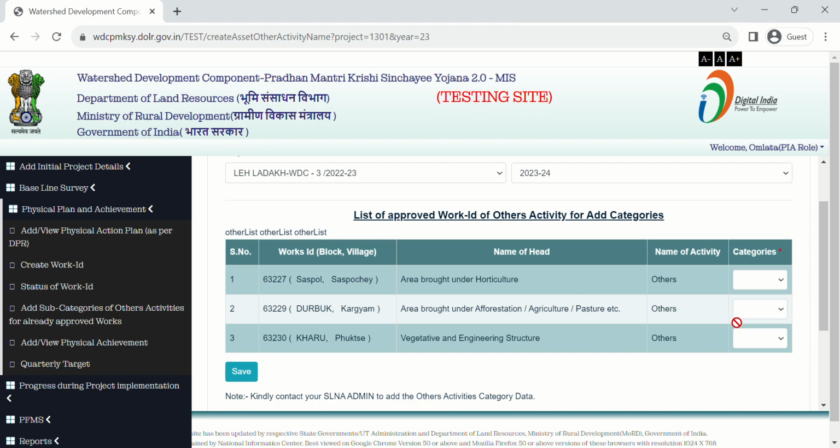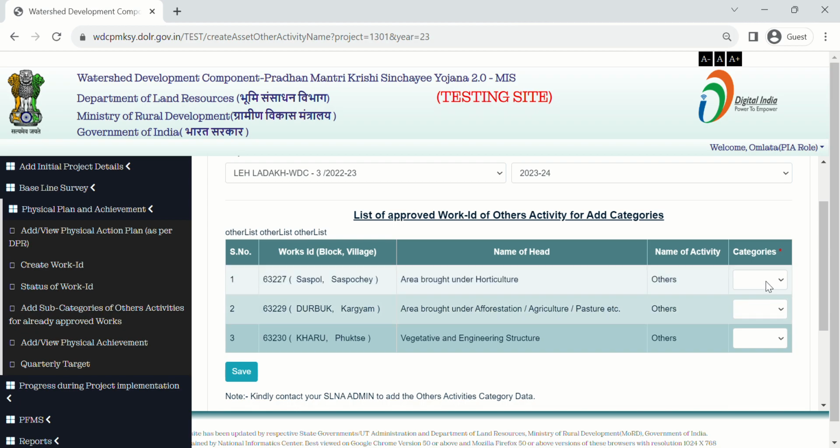First, I am going to log in with the SLNA admin user and I will show you how SLNA admin will add the categories for each head. First, log out from the PIA user.